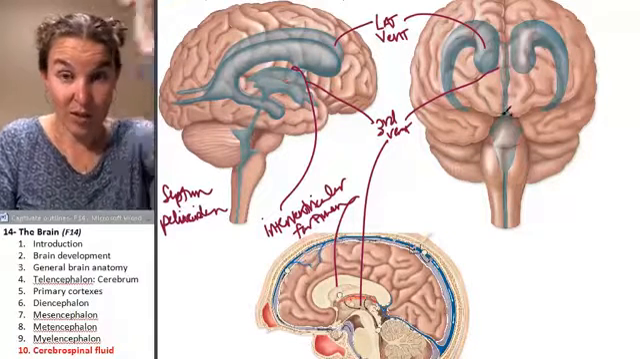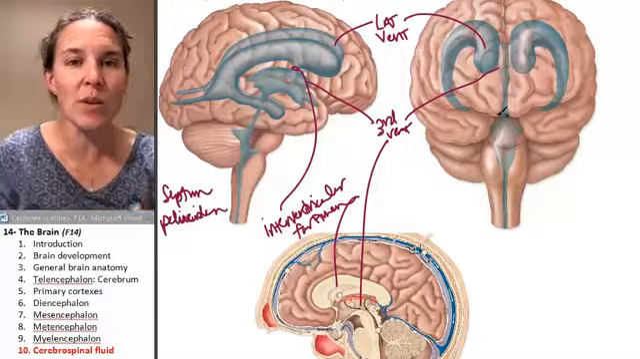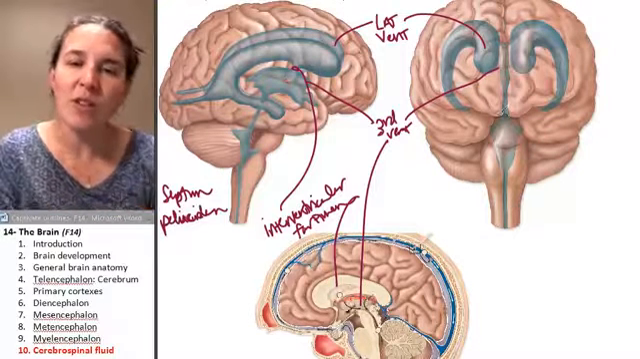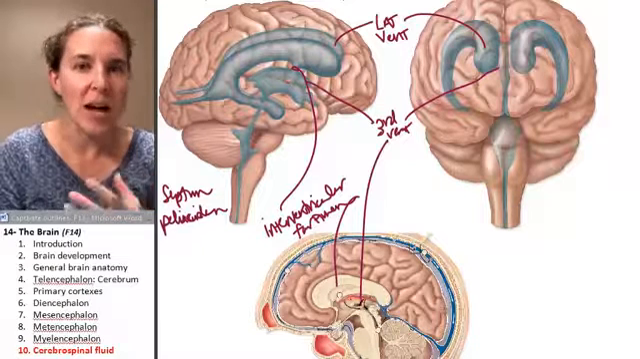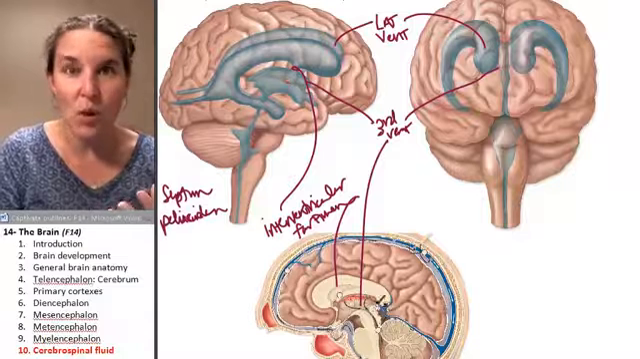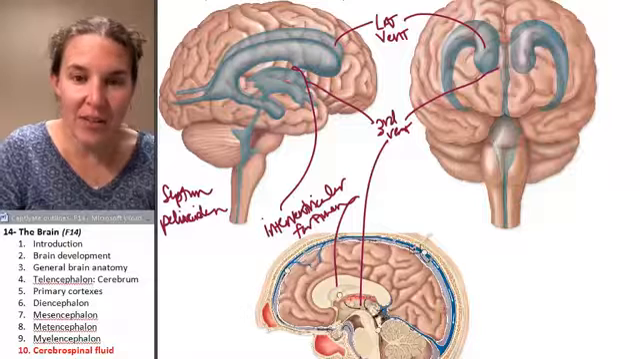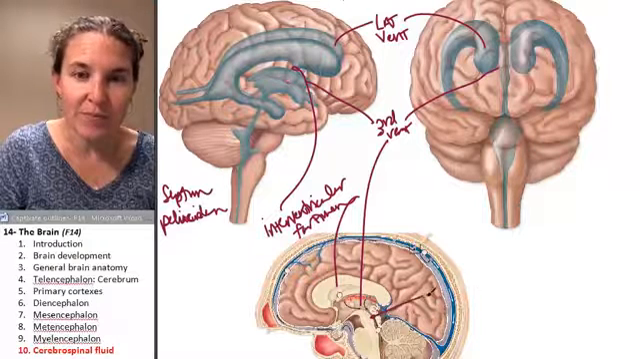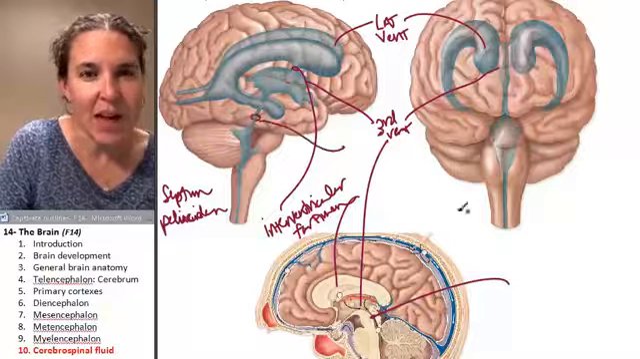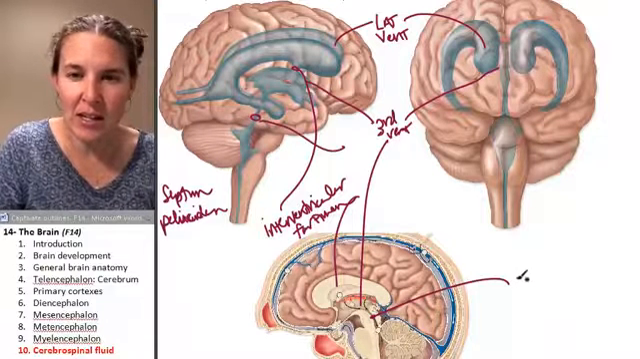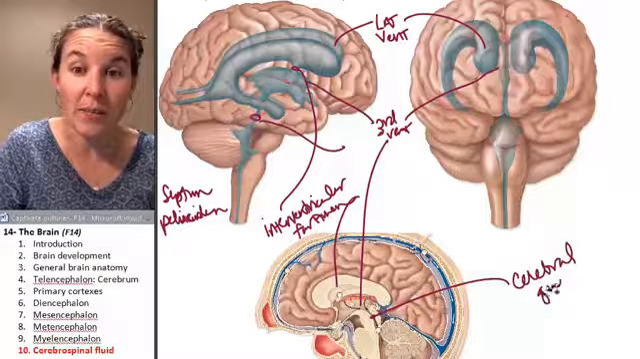All right, so connecting them, we've got the interventricular foramen, and then we're in the third ventricle. The third ventricle is in this thalamus, hypothalamus, epithalamus zone, and it's a space. And then there's another little duct, and it's this thing right here, and that one is the cerebral aqueduct,